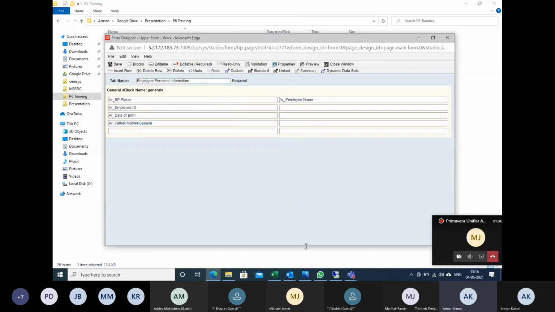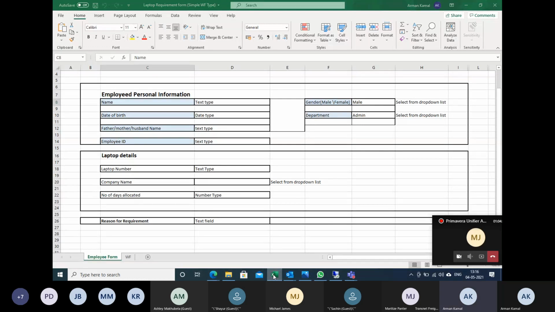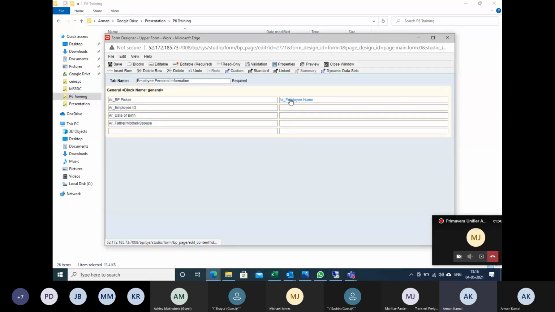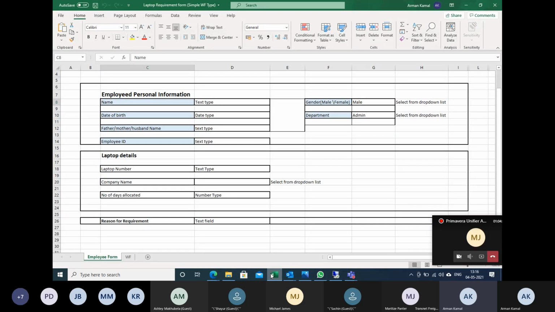Then gender. It is better that I put employee name here. It's just a rearrangement, it doesn't mean to be fixed.